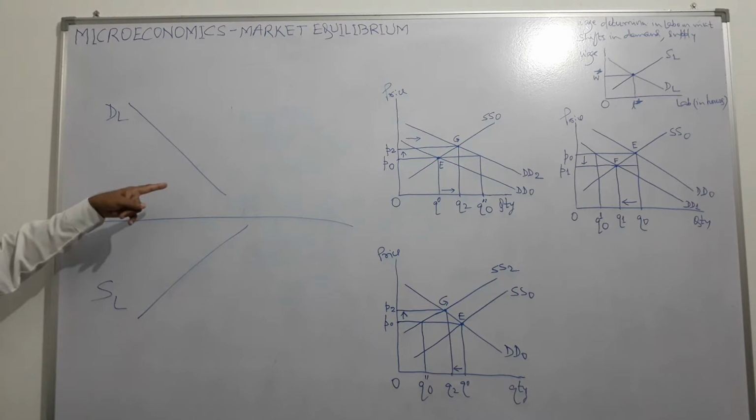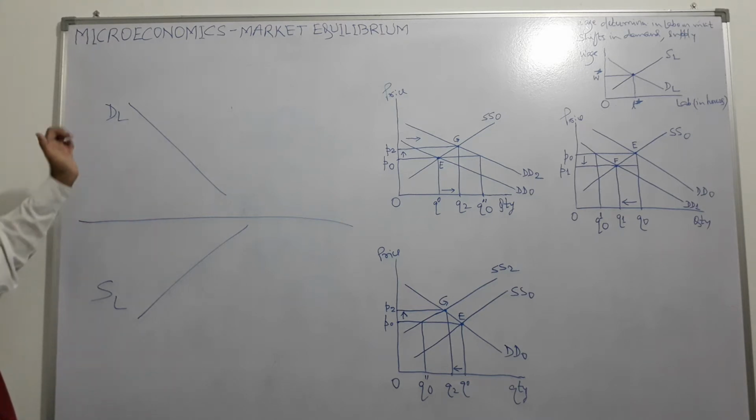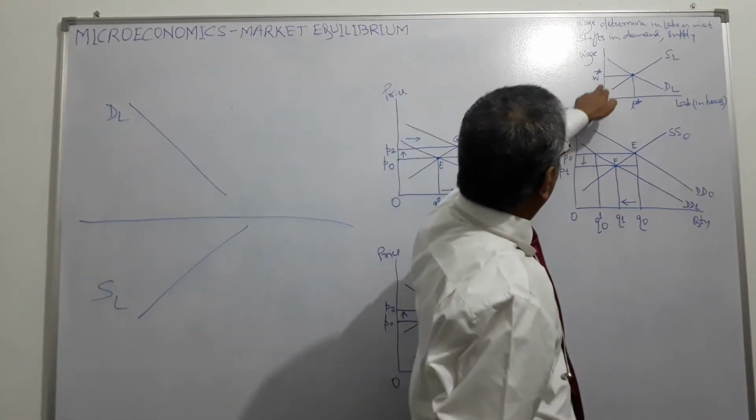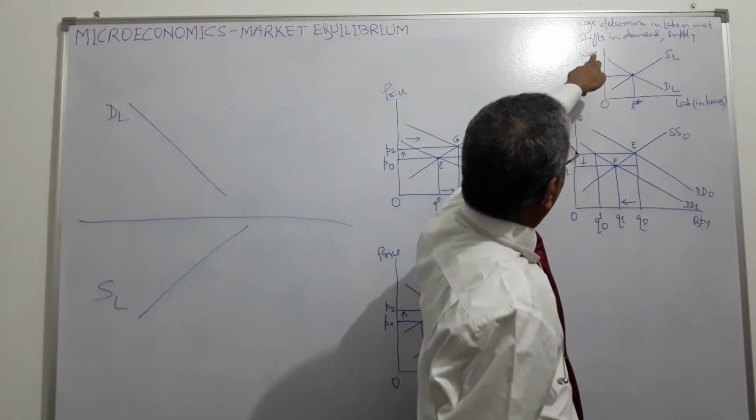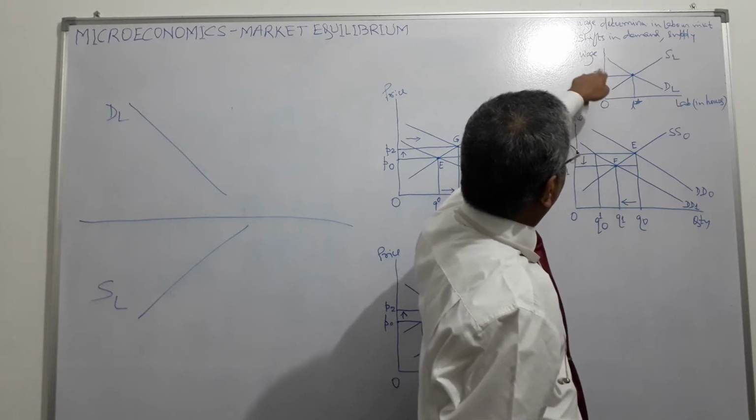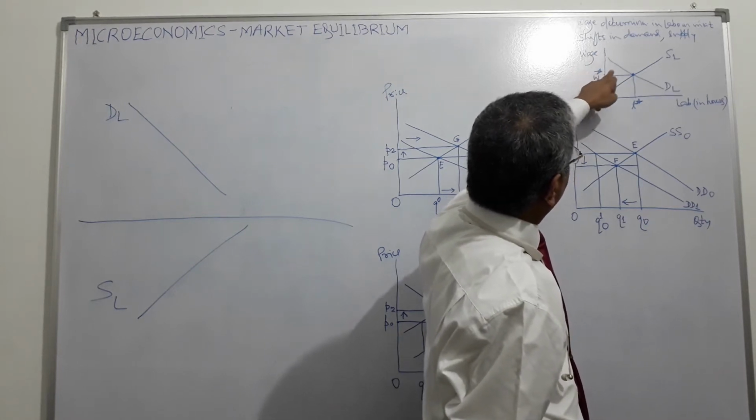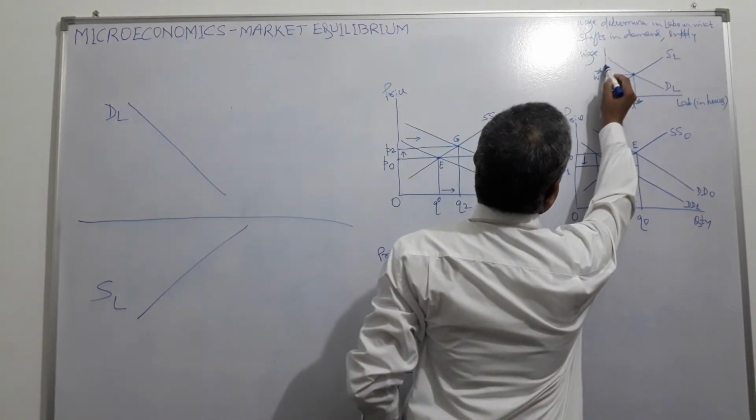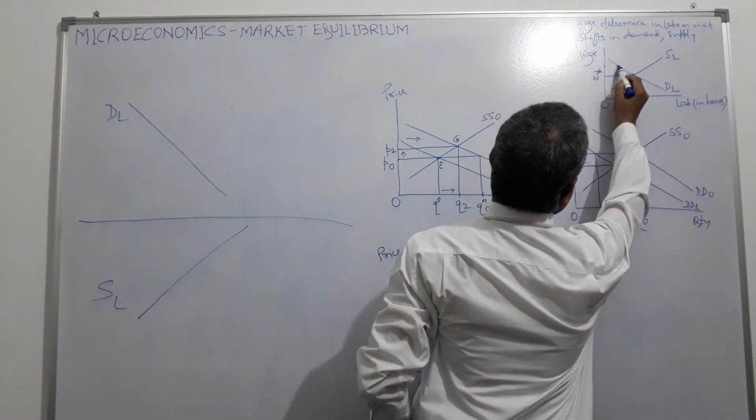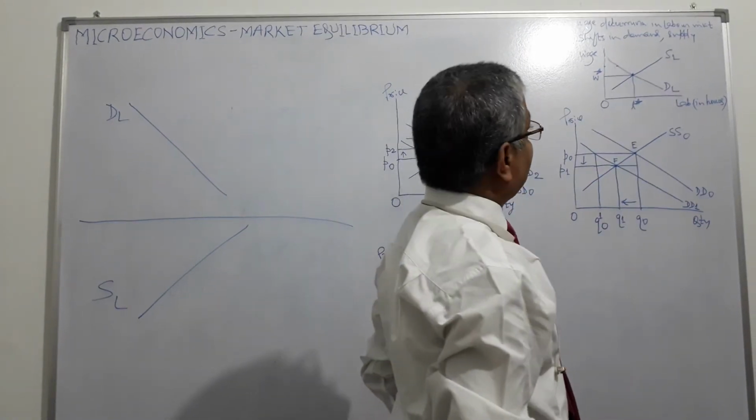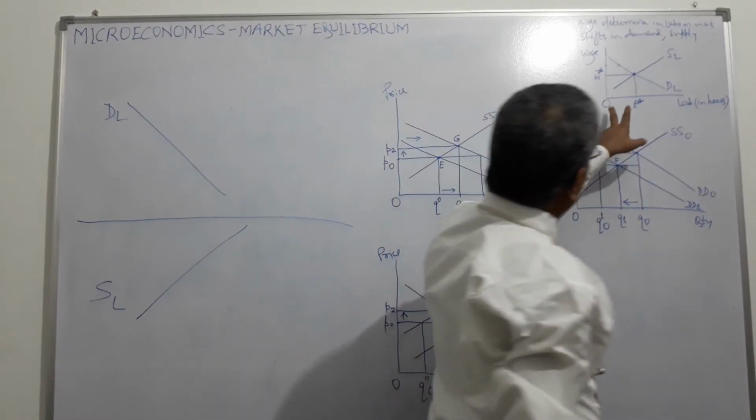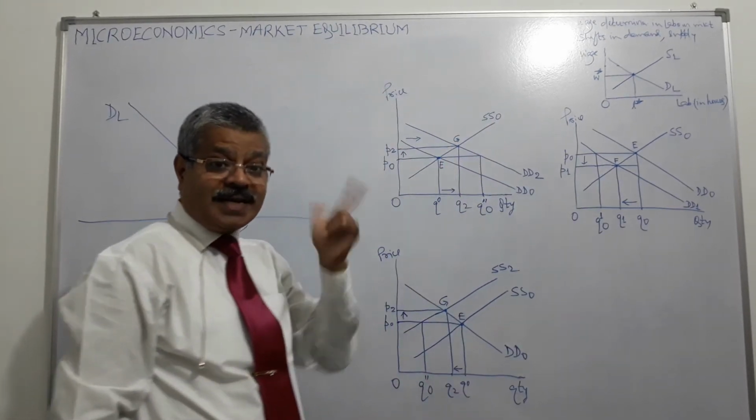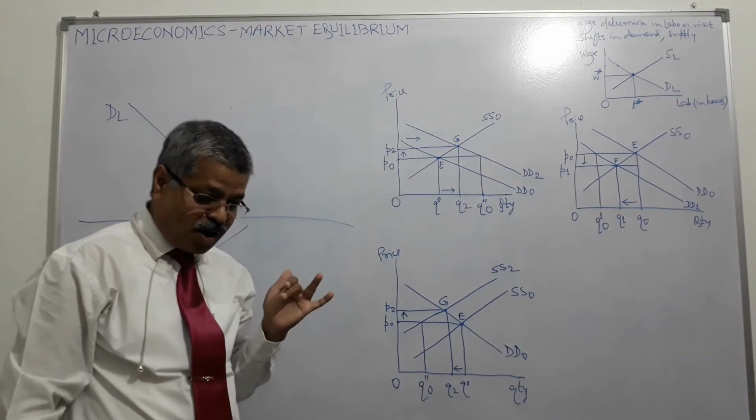Sorry, demand for labor goes down as the wage goes up. When the wage is going up, suppose you take this wage point. Demand for labor will be here, right? It means that at a high wage rate, demand for labor will be less, because firms will try to...